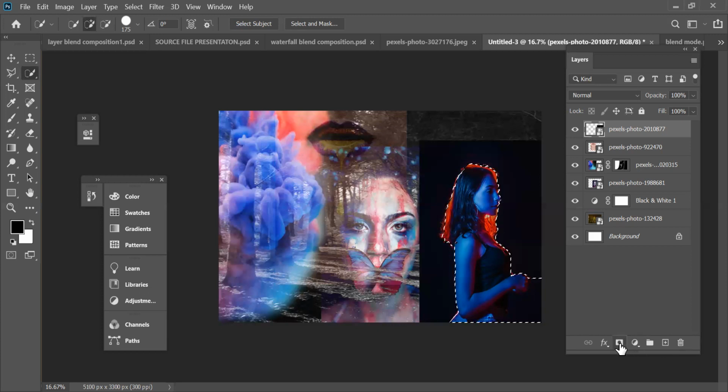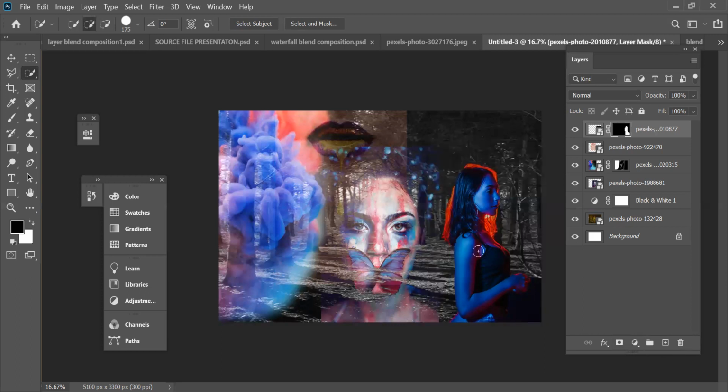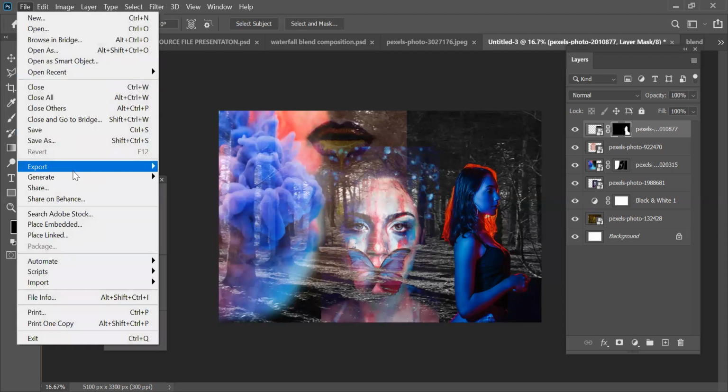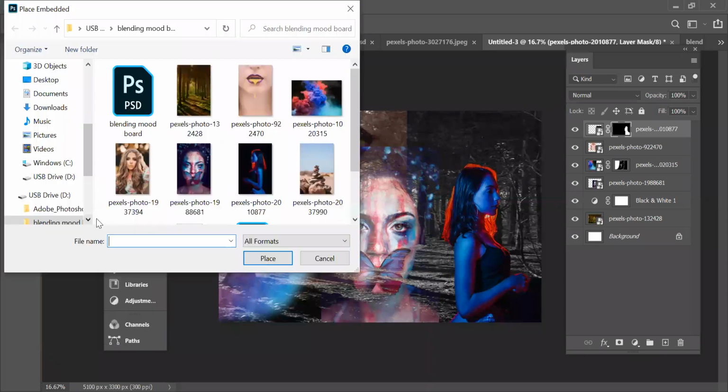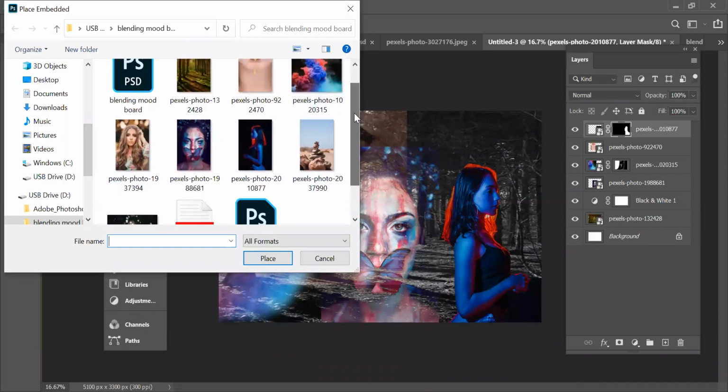I'll just use the layer masking. And the moment I use the layer masking, the selected area is visible and the other area is not so visible because of the black color that is in the foreground. So just practice this layer blending, which is very important. So I can use it over here. I can move this picture over here. Then basically this is how you create your layers.